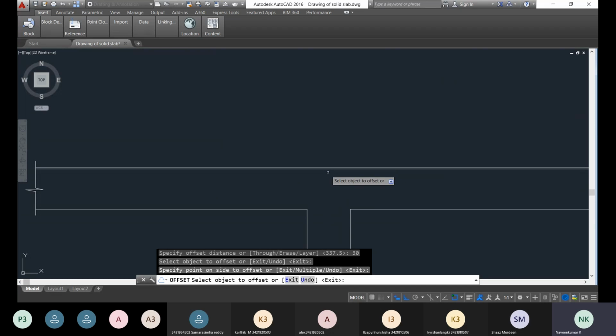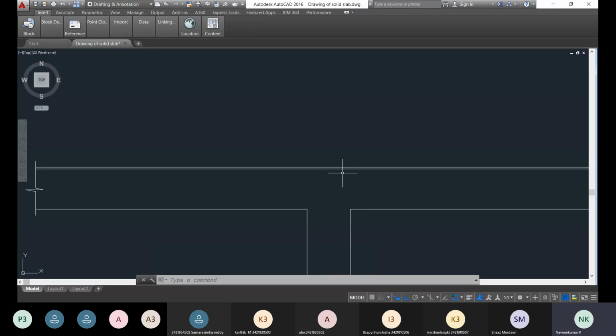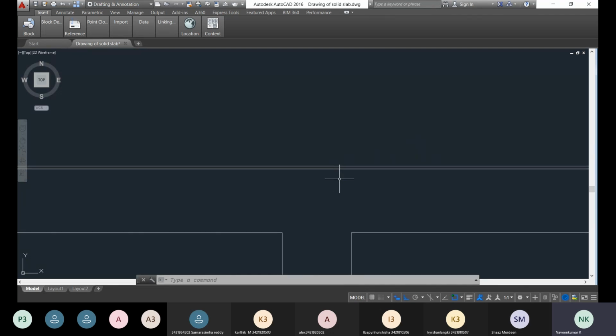But one thing for sure is that the reinforcement which is provided at the top will not be provided throughout the length. It will be restricted, from this to this, so that it will give the connectivity. To provide that, you draw the reference line.